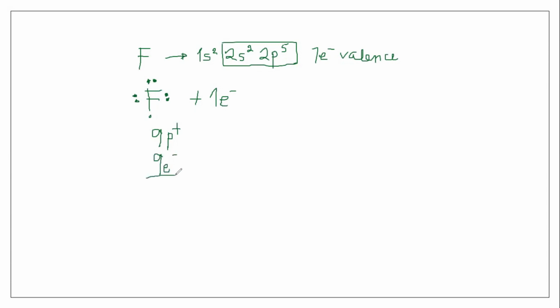Let us try to copy this equation on the other side. So we have 9 protons and we have 9 electrons. Okay, so magdadagdag tayo ng isang electron, making fluorine 10, in terms of its number of electrons. So, mas marami ang kanyang electron compare mo sa kanyang proton. So, mas mataas ng isang electron ang tinatawag nating